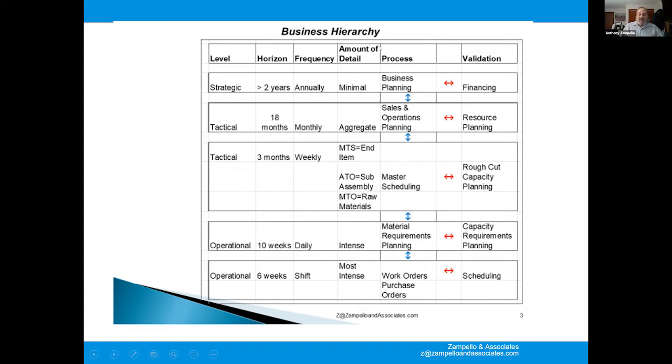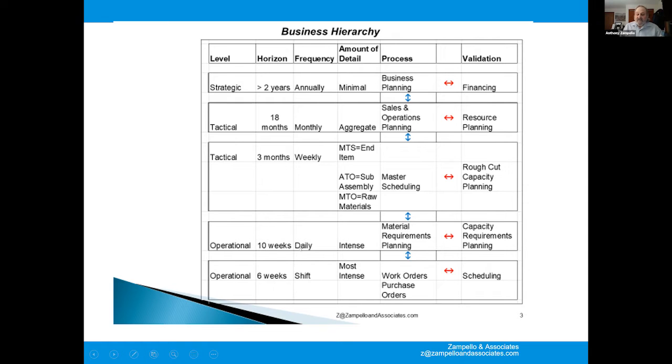So the way you read this chart, when we go from top to bottom, at the top, we're looking furthest out into the future, the horizon. And as we go down, that horizon starts to shrink, getting closer and closer to today. When that happens, we go from having a very minimal amount of detail to a ton of detail. Think about your MRP and breaking down all your bills of material and every single part number, but you can handle that intense amount of detail at the operational level because you're only looking out a few weeks into the